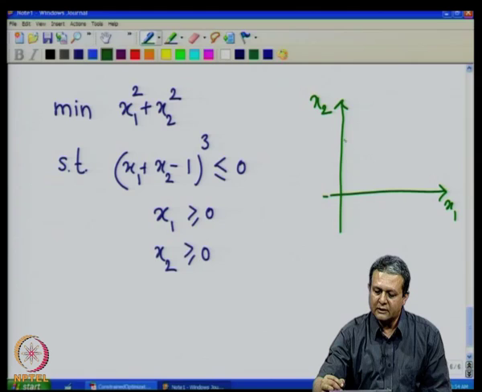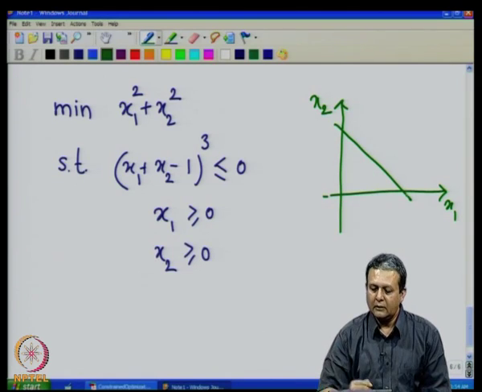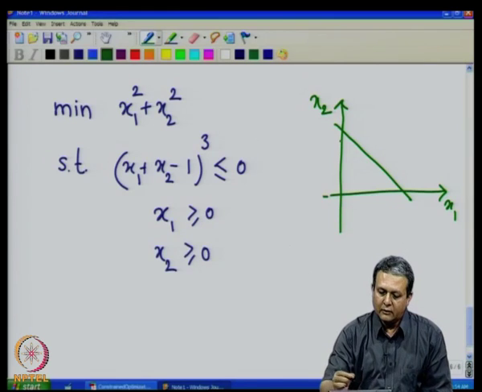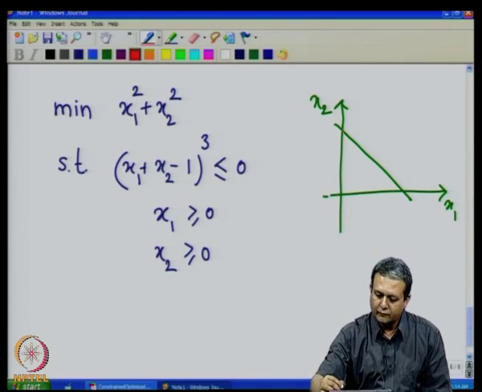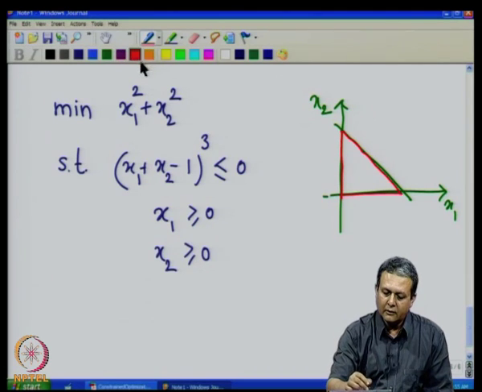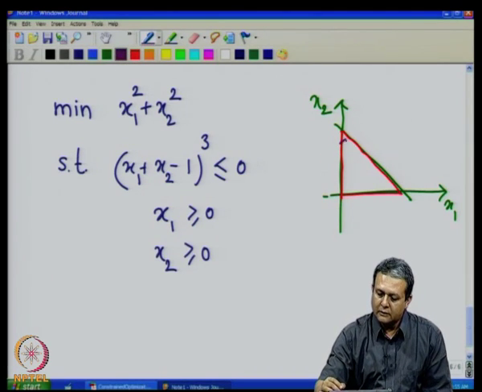So, this constraint is represented using this, and this is the first constraint, and the second constraint is x1 greater than or equal to 0. So, it is this, and then the third constraint. So, together this forms the constraint set,